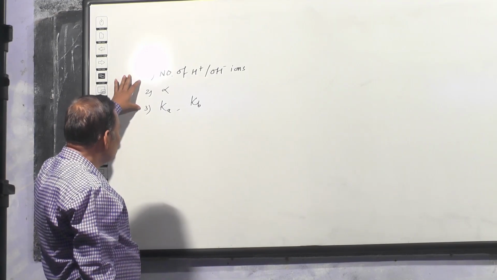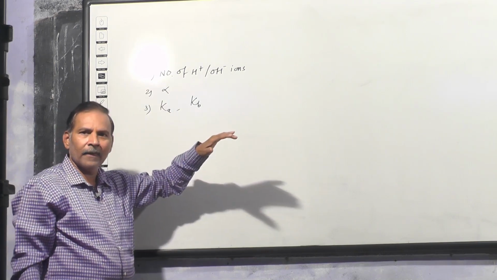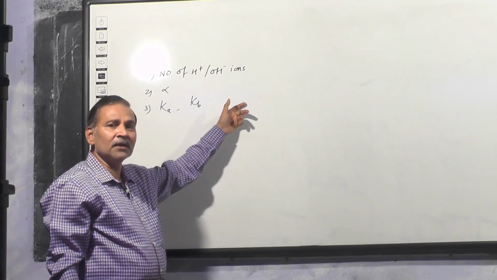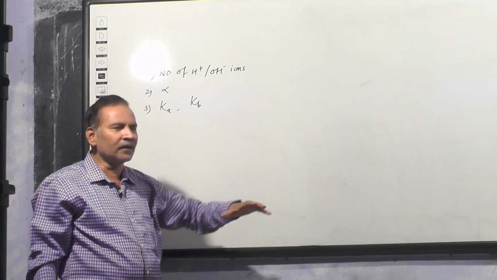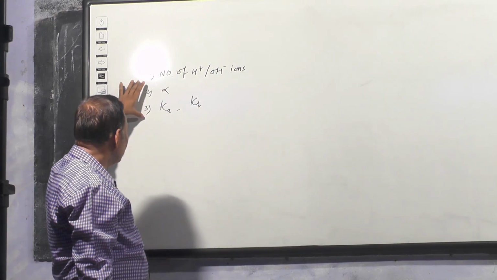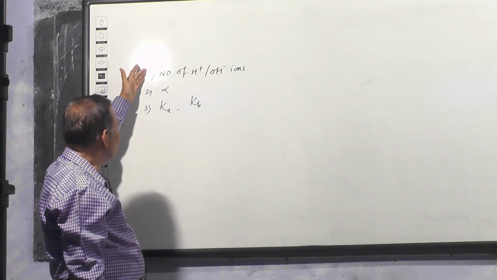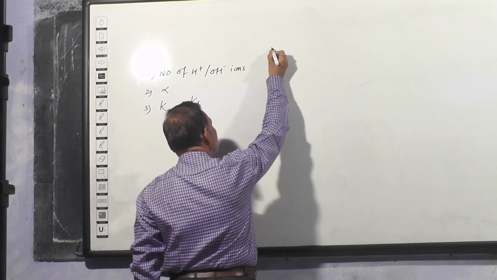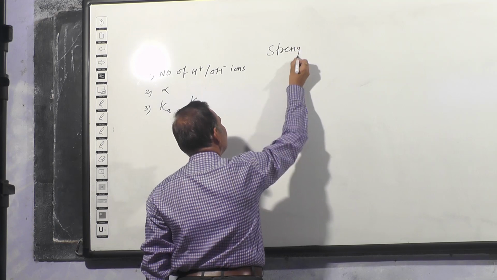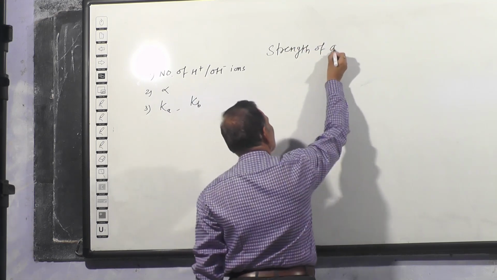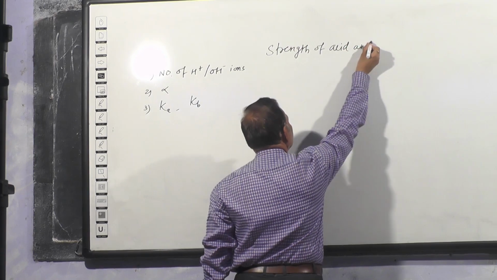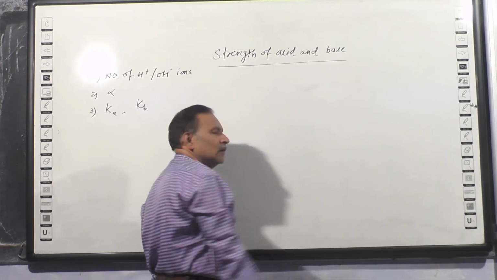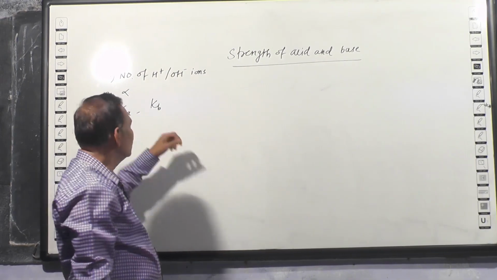Because of the strength of acid. Normally we say HCl is a strong acid, H2SO4 is a strong acid, acetic acid is a weak acid. So how are these comments made? These comments are made on some experiments, on some properties, and these properties we have seen one by one. So the strength of acid and base, whether the acid is strong, base is strong, acid is weak or base is weak, can be counted on these 3 factors.